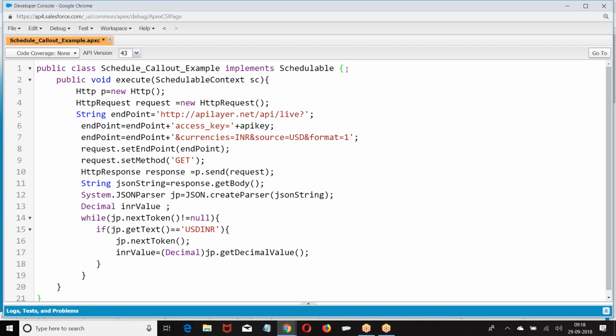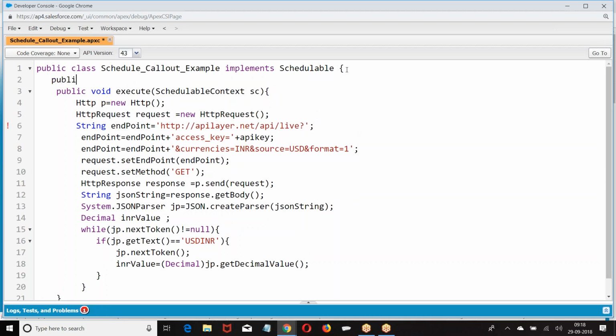Here also I will take a constructor through which I will pass the API key. I don't want to hard code it.